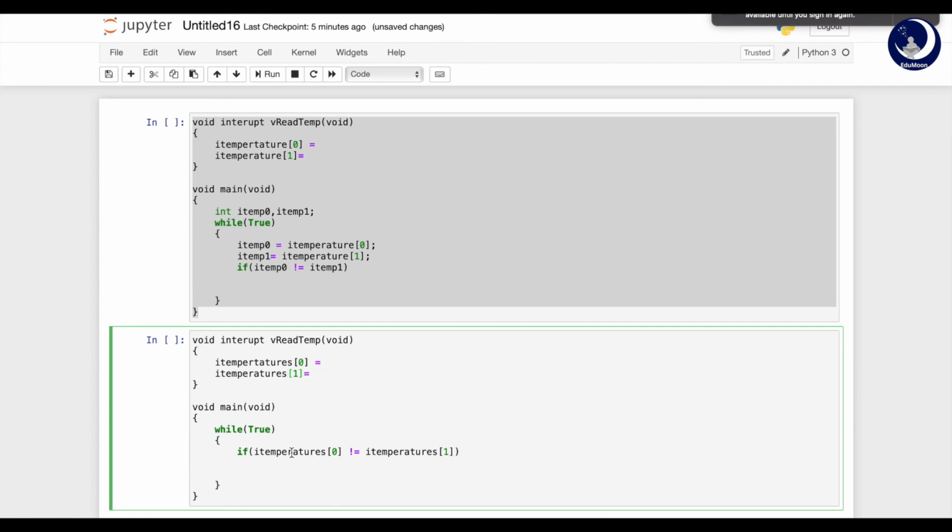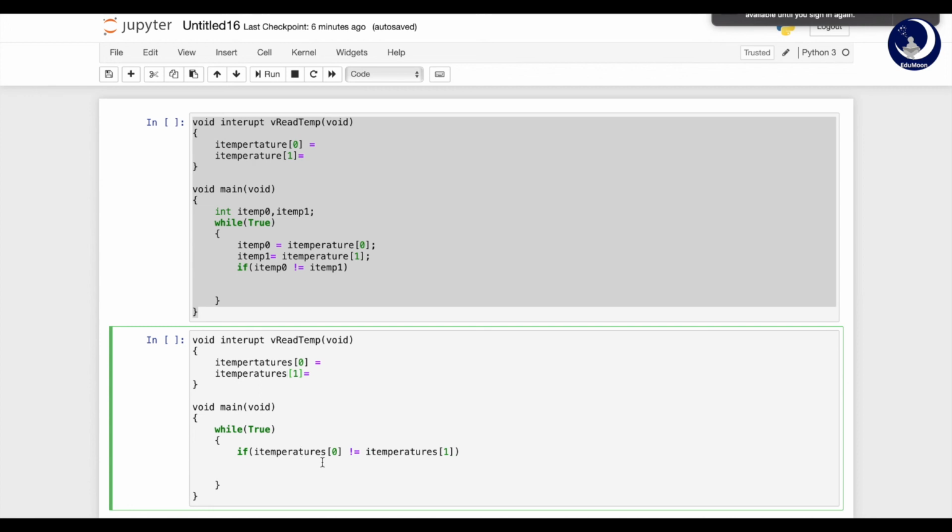That is when loaded in assembly language. I just put it in Telugu. In the assembly language code, I temperature of 0 will become R1 and it loads to the register R1, and this loads to the register R2. So before the interrupt, this R1 value would be 60. After the interrupt loading, this value would be 61. This would be 60 and this would be 61. I am repeating it again.